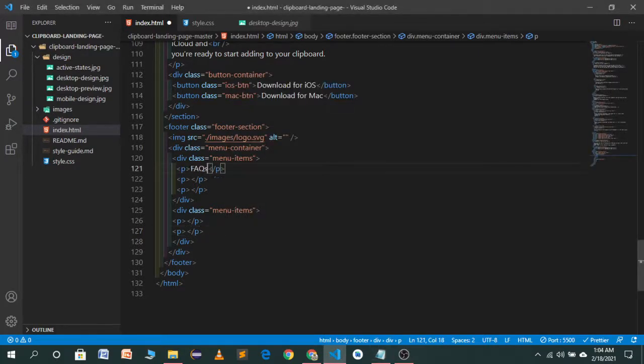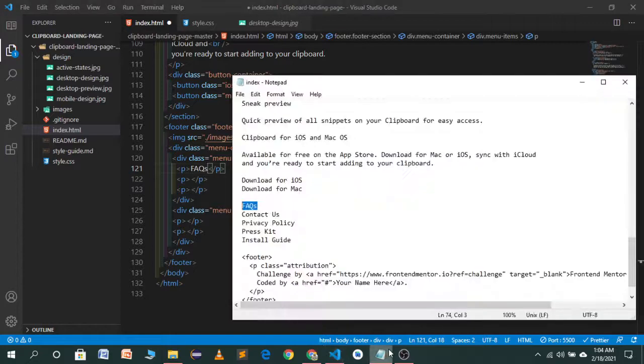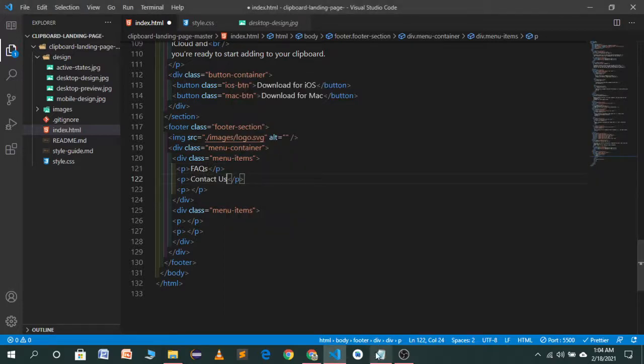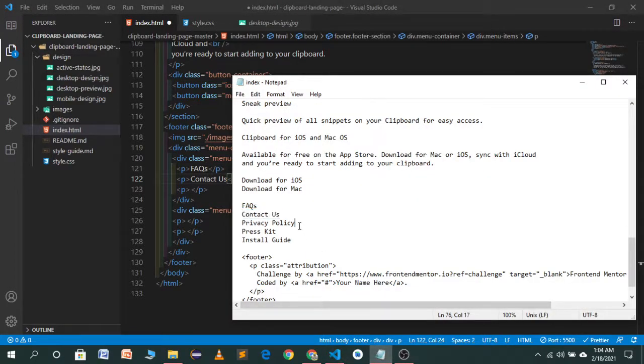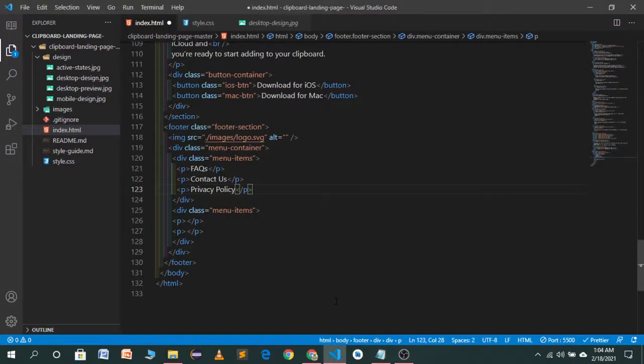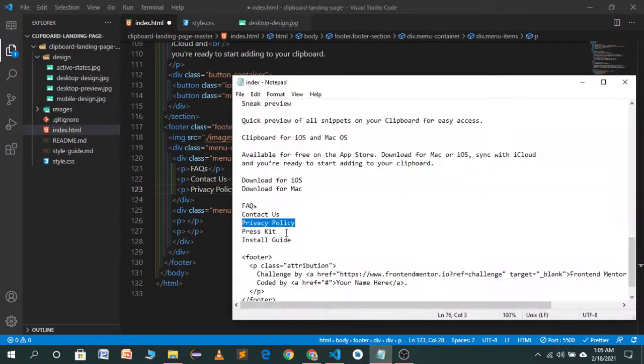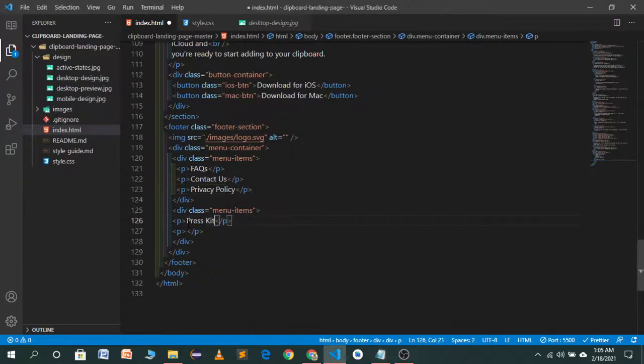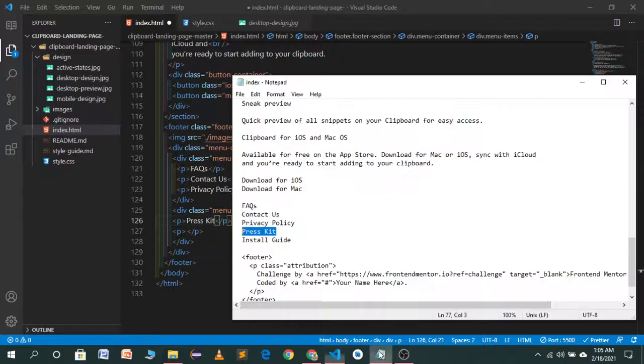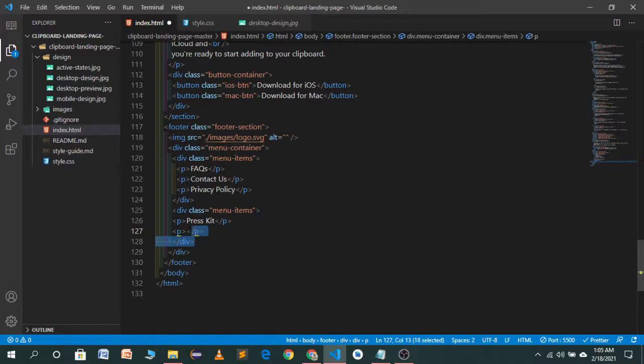FAQs will be a first p tag, and the second part will be contact us. Third part will be privacy policy. Now the next we want press kit and install guide.